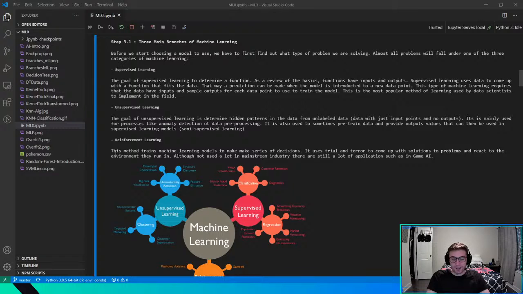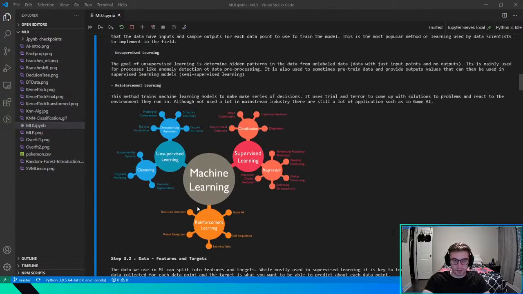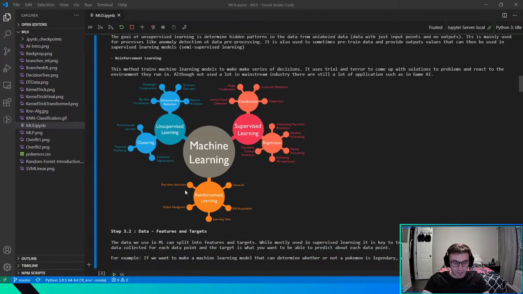I've been reading that reinforcement learning might become just as popular as supervised learning, but it's still kind of in research. But yeah, we can see supervised learning here. I'm going to stop for a second and see if anyone has any questions. All right, I'm going to move forward then.